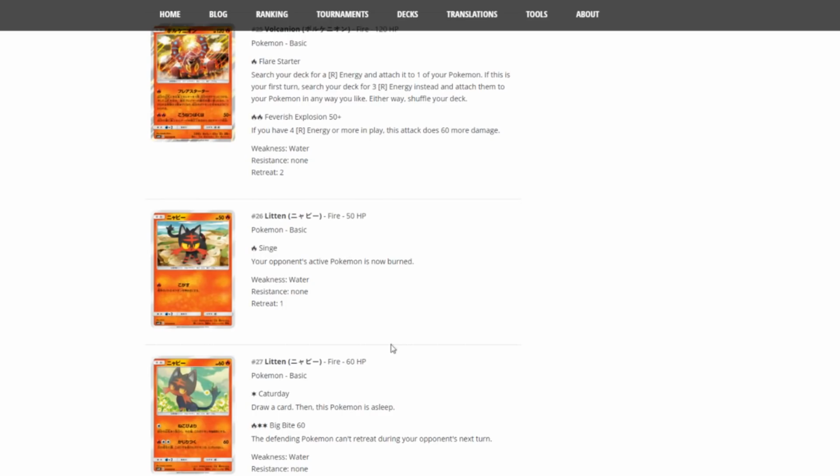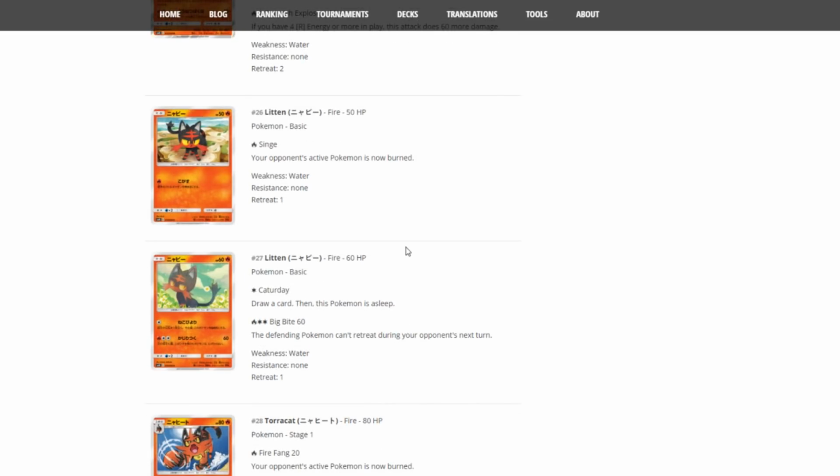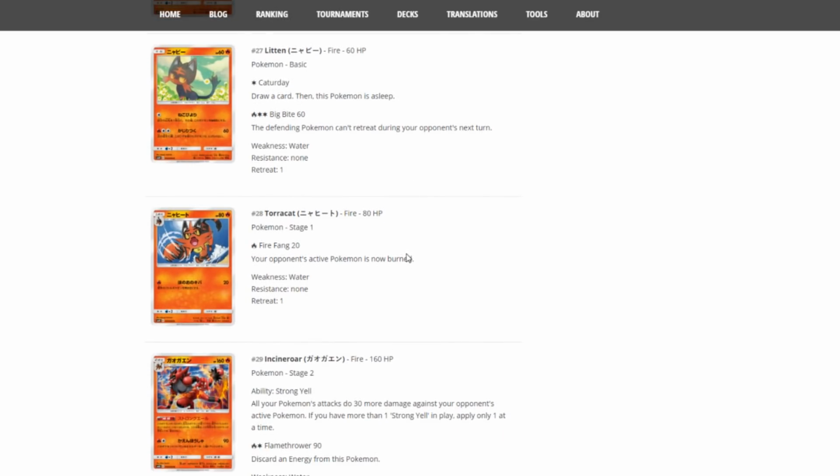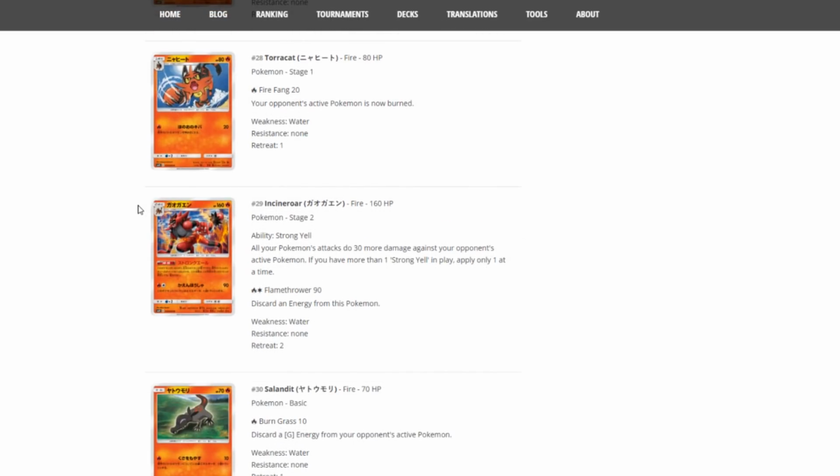Next up, Litten, Cinch. Your opponent's active Pokemon is now burned. Okay. Next Litten, Day. Draw a card, then this Pokemon is asleep. Okay. 1 fire, 2 colorless, Big Bite 60, the thing will come retreating upon 6 turn. Okay. Let's move on. Torracat, Pokemon stage 1, Fire Fang 20 for 1 fire energy, your opponent's active Pokemon is now burned. Okay. And then Incineroar finally, stage 2, ability Strong Yell,